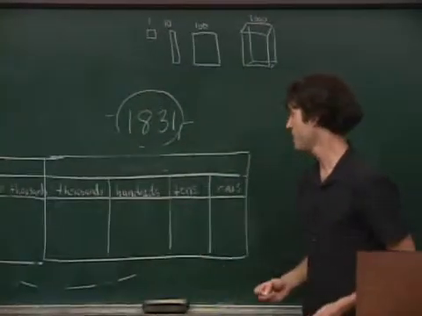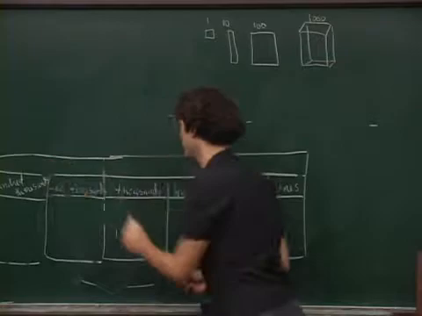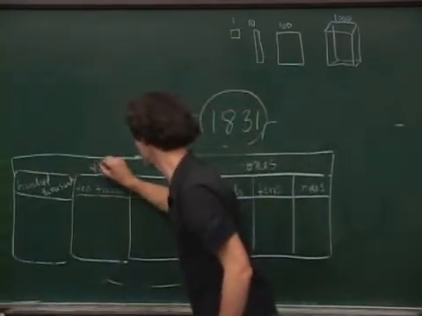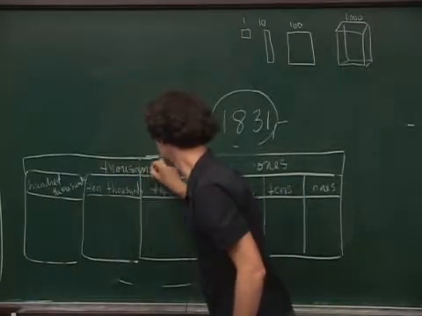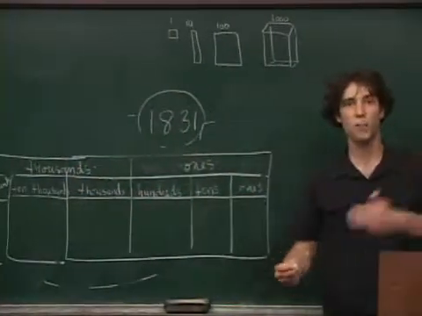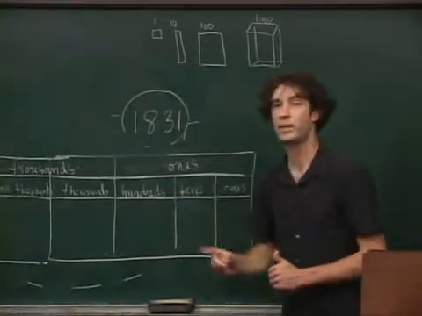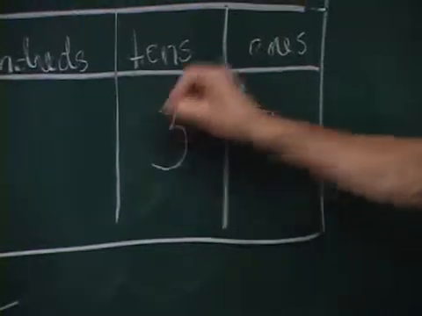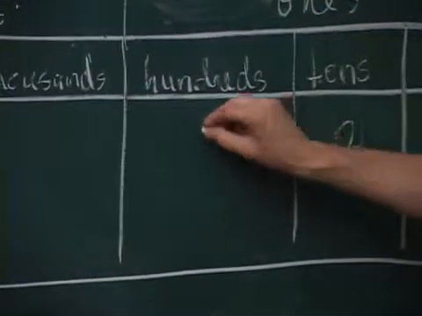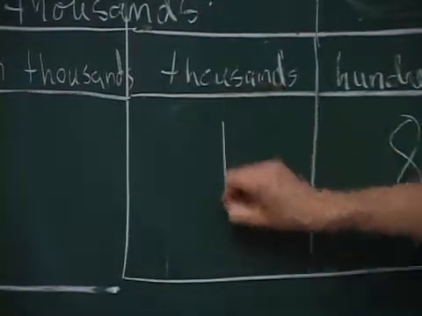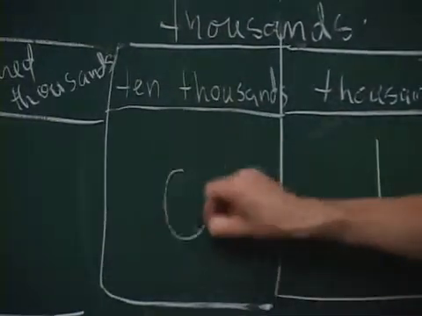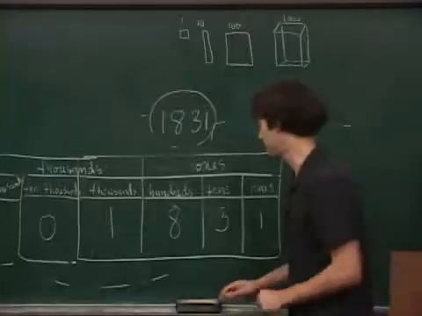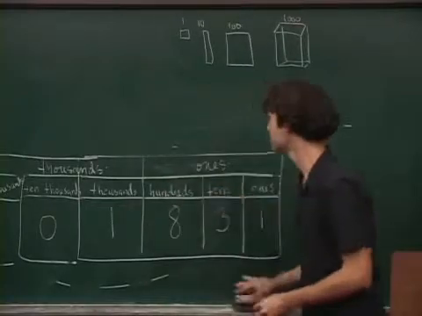Now, so what do we have here? Sorry, these are not lines. It goes like this. These are ones, and these are thousands. Okay, so which number do we have? 1,831. So how many ones? 1. How many tens? 3. How many hundreds? 8. How many thousands? 1. How many 10,000s? 0. How many 100,000s? 0. But if I gave you a bigger number, like